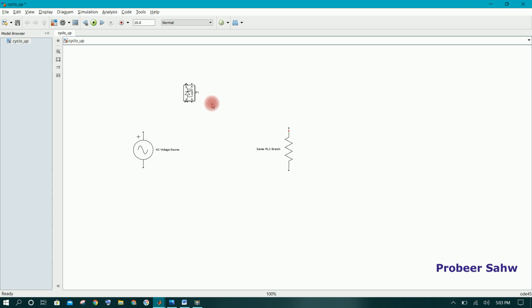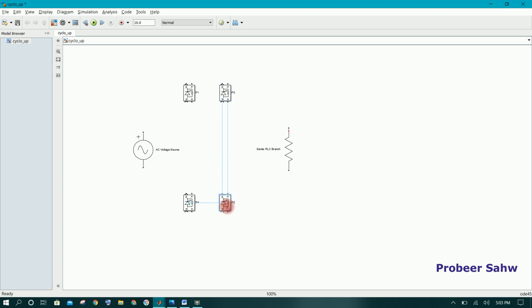So what we can do, we can copy this thyristor to create more thyristors. Select by clicking on this thyristor, press Ctrl, click and drag. A copy will be created with automatically changing the number. We renamed the first thyristor to P1, and as soon as we made a copy by dragging it, it renamed it to P2. Now we can have P3, P4. We can stack up properly.